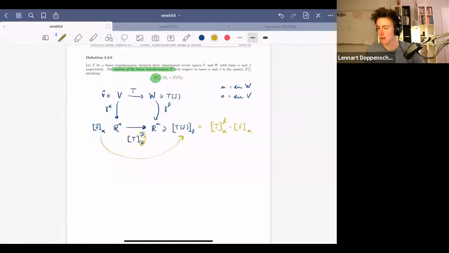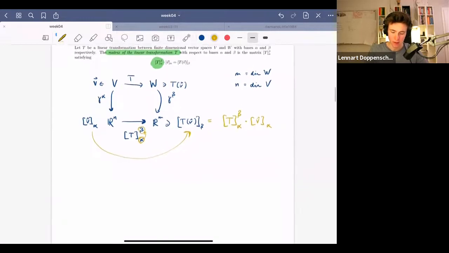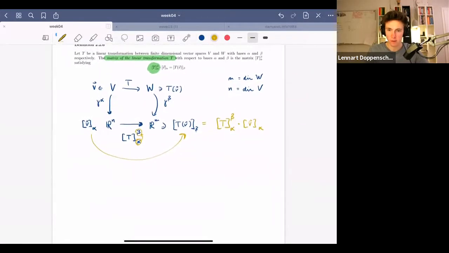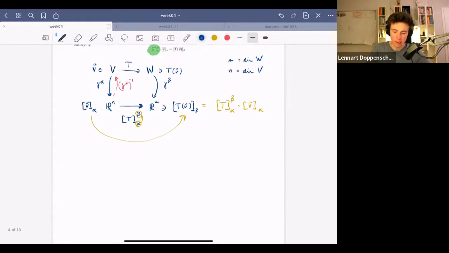So we're live again. There's one thing I want to add to this discussion and this picture. I've told you before that this gamma alpha is an isomorphism. And this is really cool because it means we can also go backwards. There's the other way around too. So we can do a gamma alpha inverse. Now, what is this gamma alpha inverse exactly?